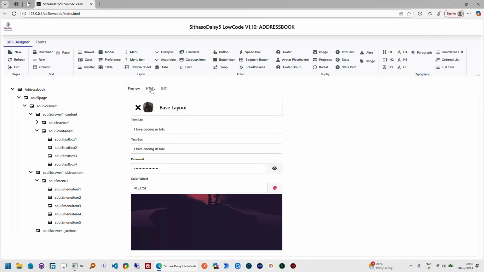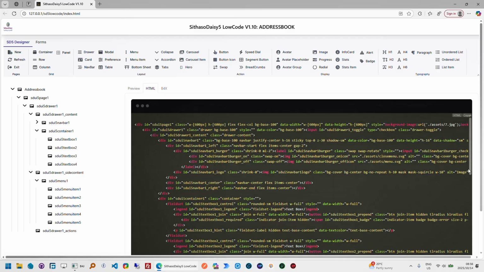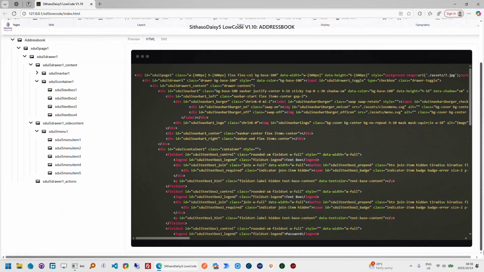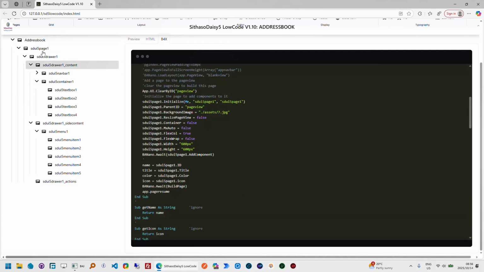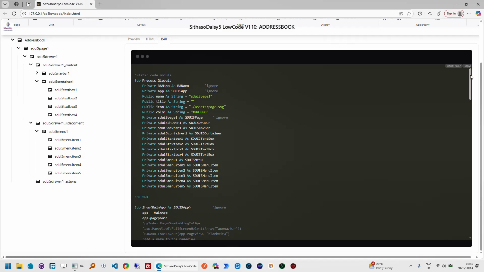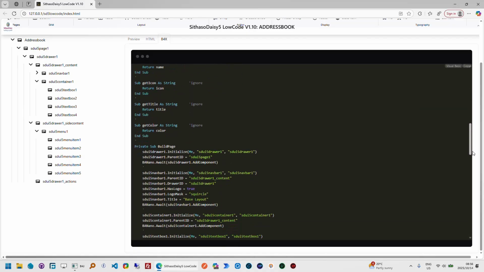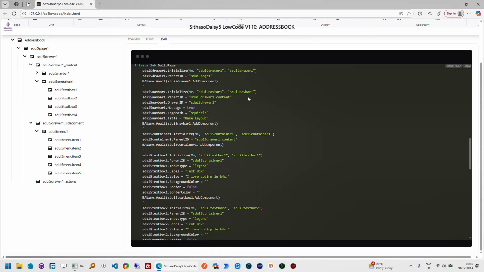And then when you go to see the HTML portion of this particular code we have created now, it is generated here in terms of how it will look. And then the B4X code for everything that we have done in this tree. As you can see here, each item is placed in a tree structure where each item is inside another one. So we're basically demonstrating here how the B4X code will look in terms of generating the code that we want. There's the build page, there's the drawer there,